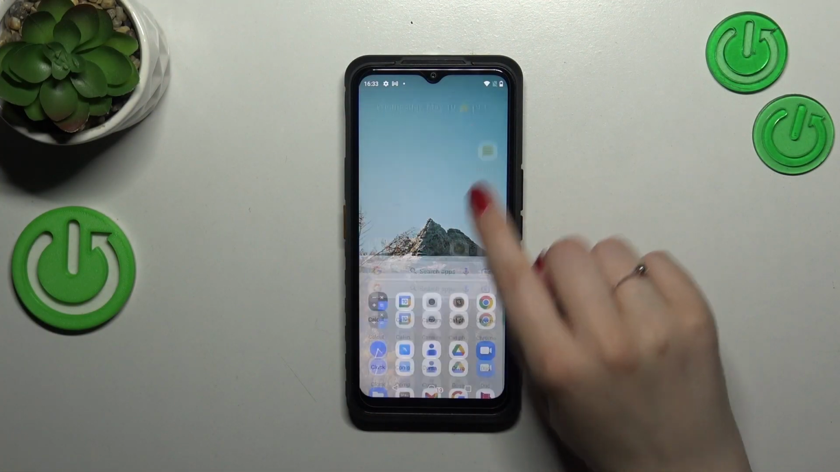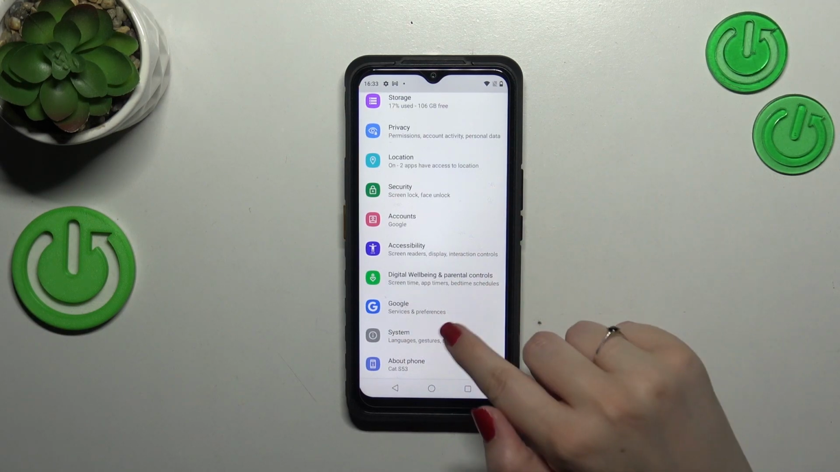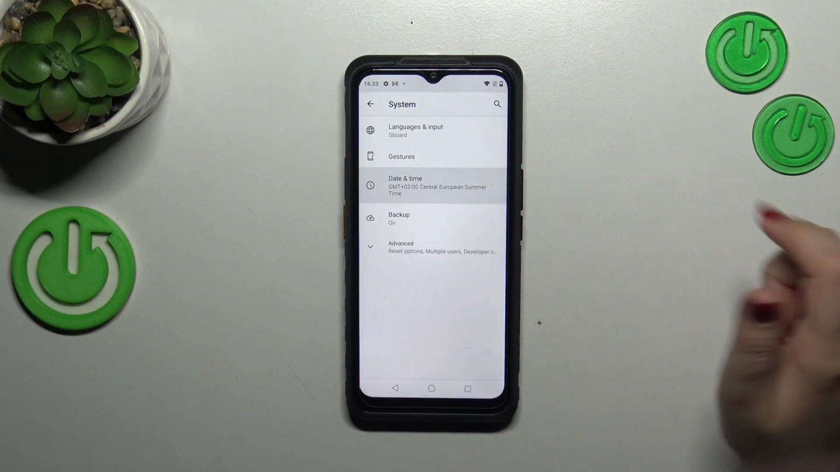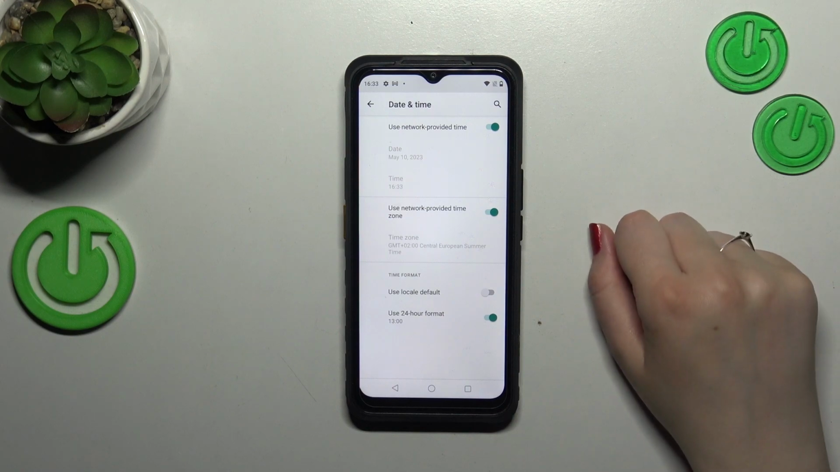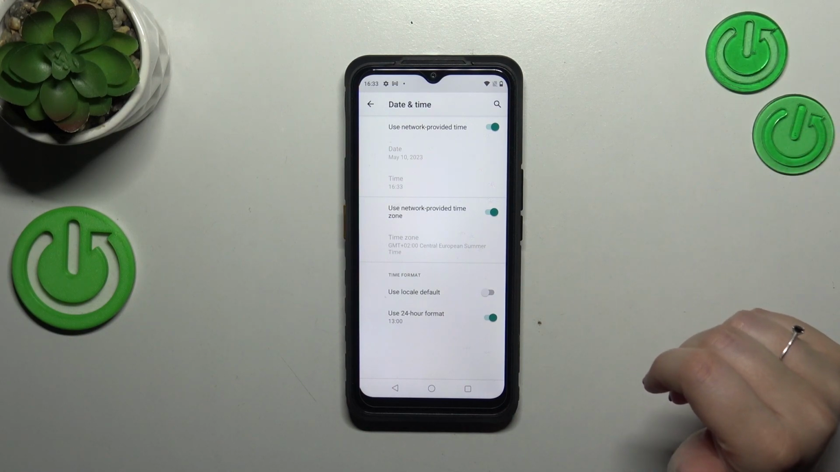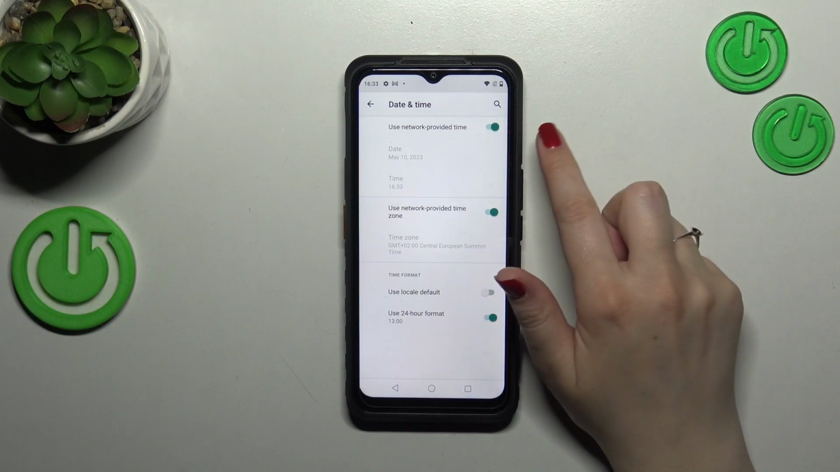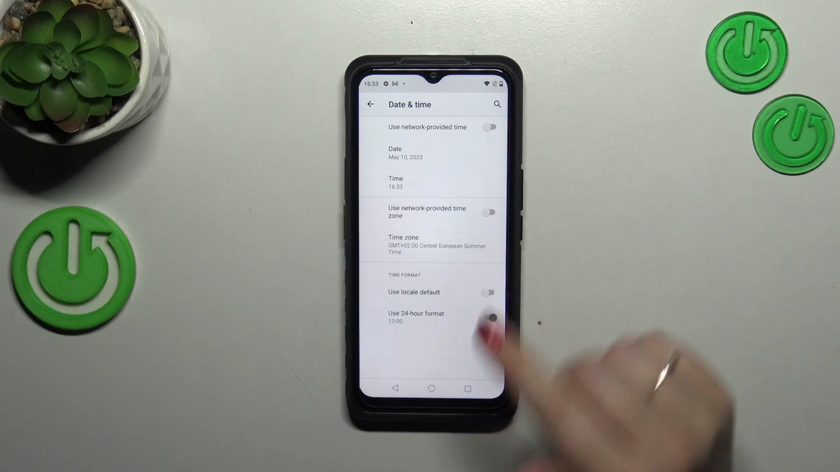So first of all we have to find and open the settings and then scroll down to the very bottom to find the system. Now let's tap on date and time. And as you can see here, we've got some options which will allow us to change the date, time and the time zone manually, however they are inactive. It is because we are using network provided time and the time zone,